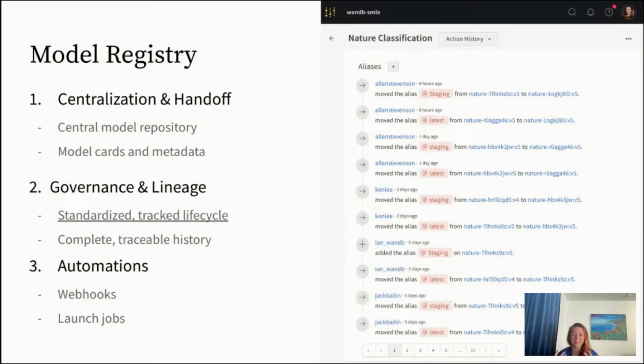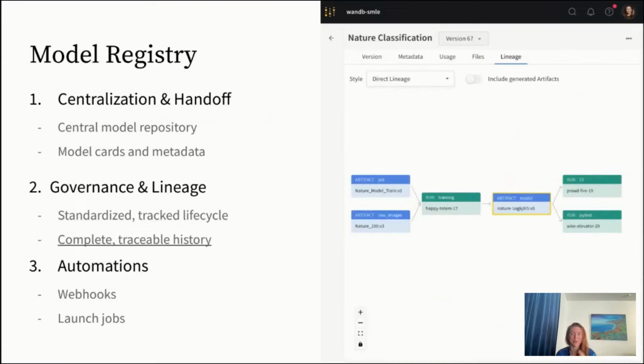Then we also have lineage. Say somebody's updated the model, we're able to capture the history of what's changed. In this context, we're able to see, okay, there are a few different members of the team who've updated the model, and we can trace back to see where that model came from. In the context of LLMs, this could be who has fine-tuned the model on the latest data, when did it change, what was the data set that was used to fine-tune that model,